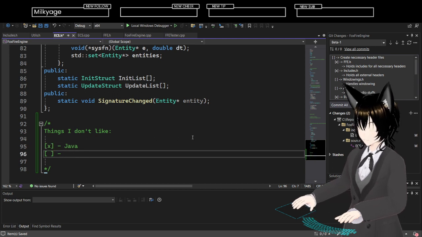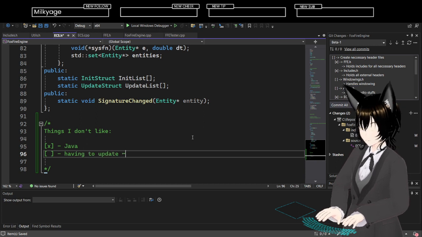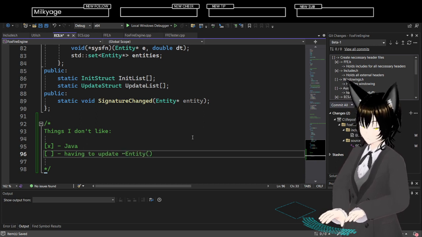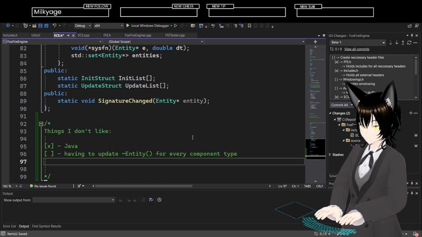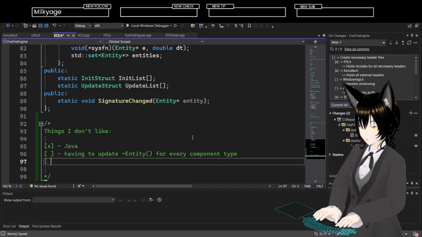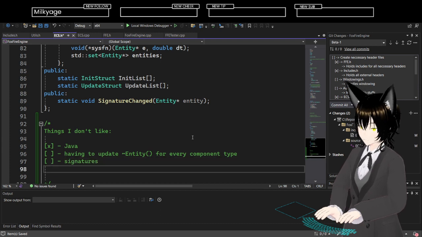I don't like having to update entity for every component type. I don't like the signatures.